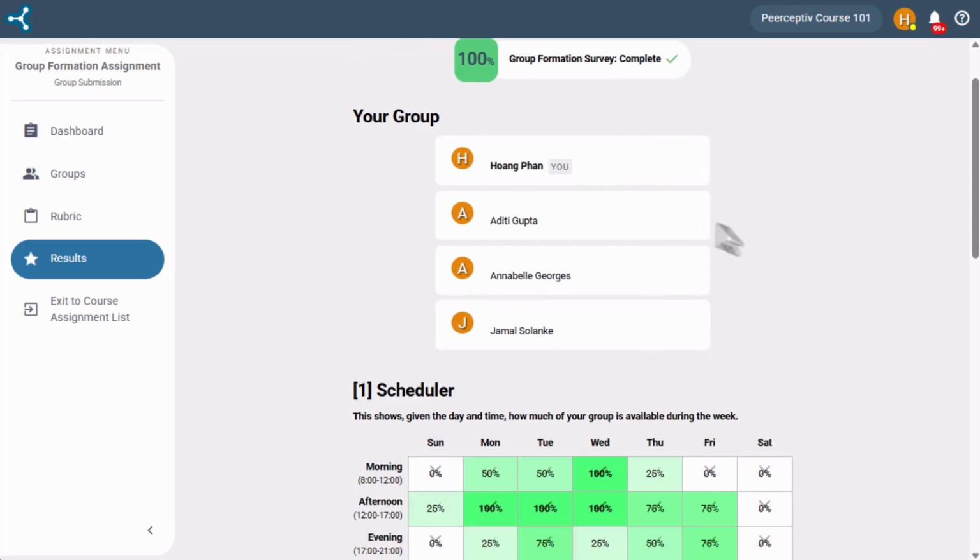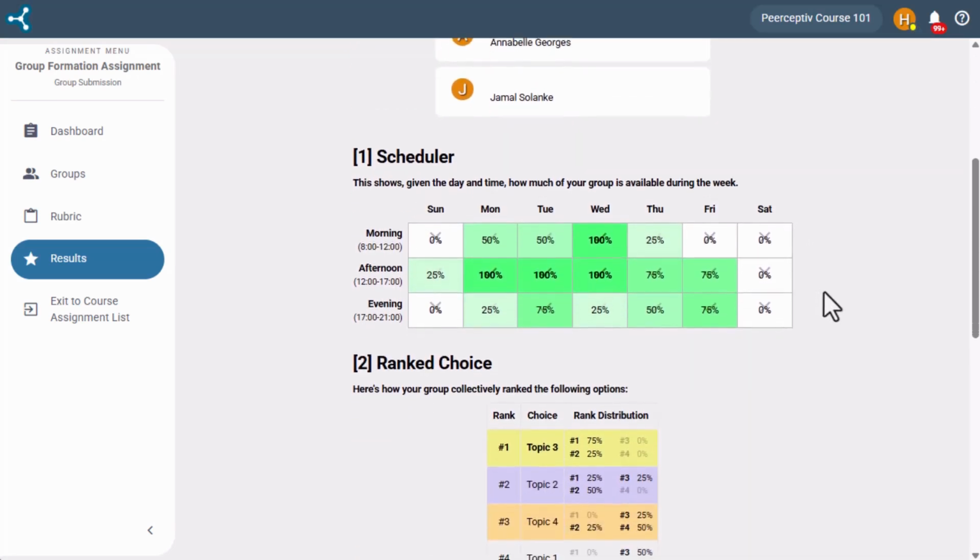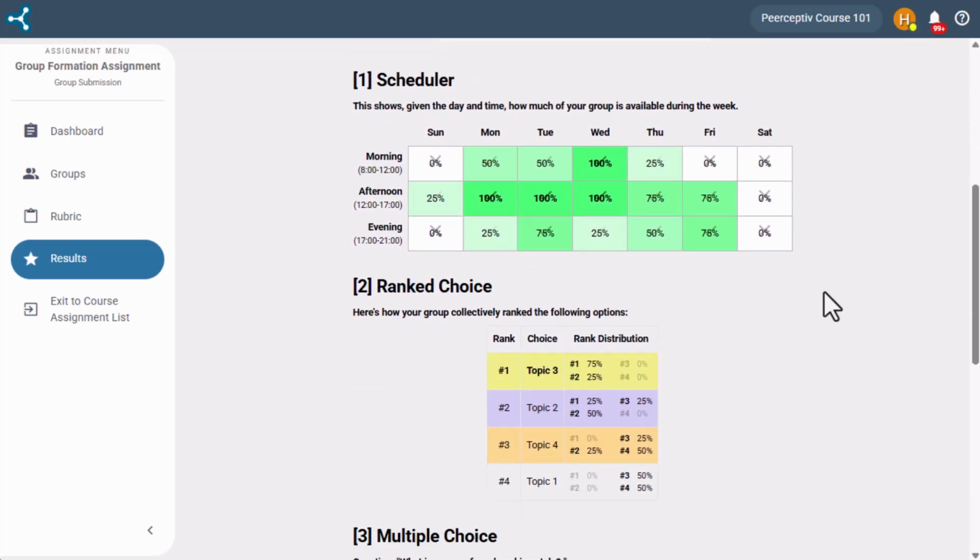Scroll down to see the survey results. You may be able to see how similarly your group members responded to the survey. For example, if a time slot within the schedule shows 100%, this means each member of your group is available